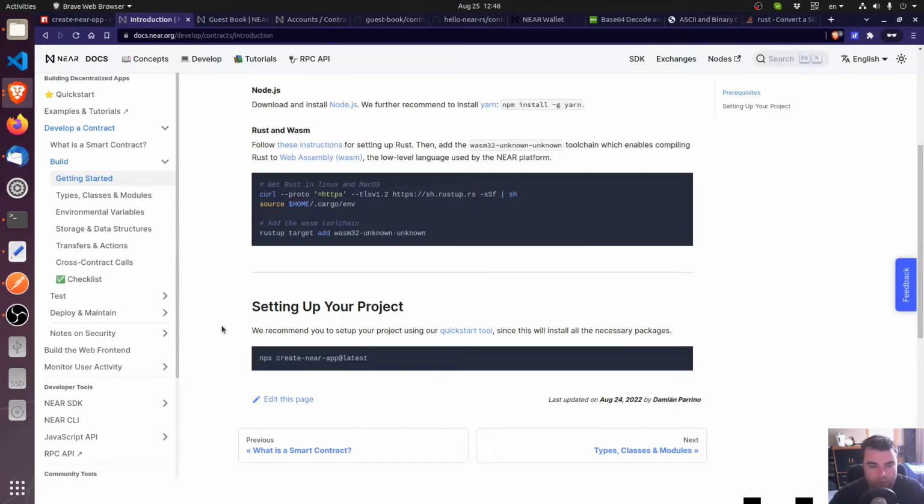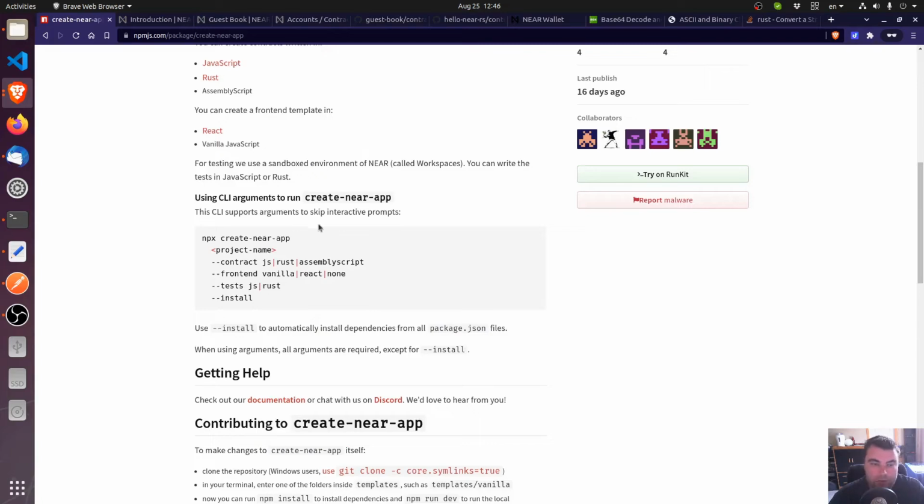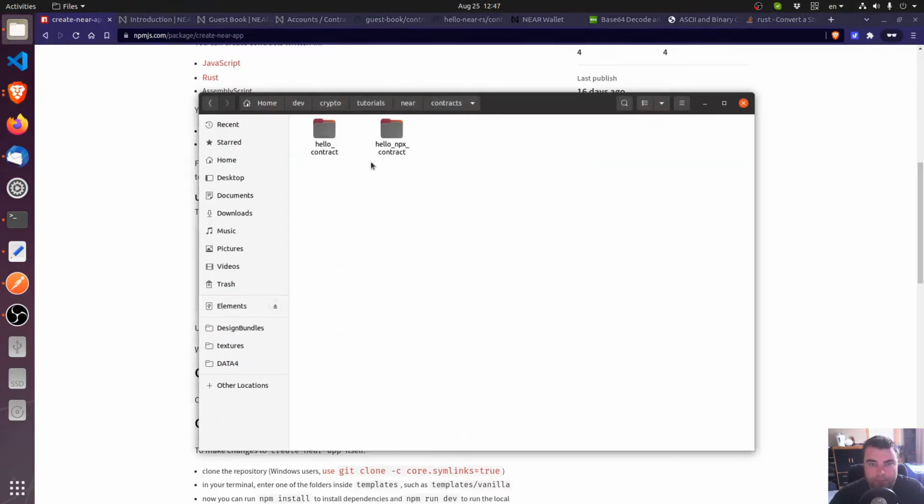Before we do, I'm going to mention that we're going to start setting up our projects now using npx create near app. The reason why we're going to do this, actually there's two reasons. One is that we can create the Near app and declare that we're only going to be building the backend, because we can set the front end to none. And there's a second reason, which is if we check